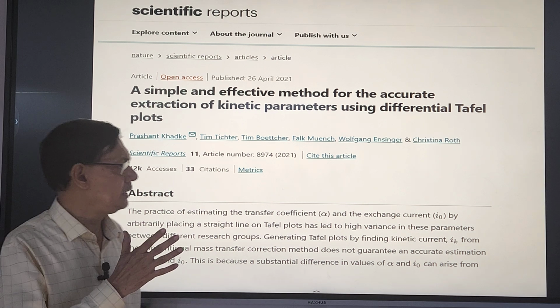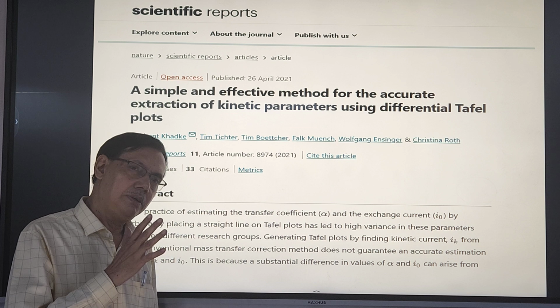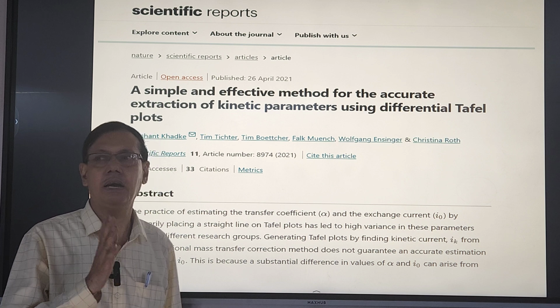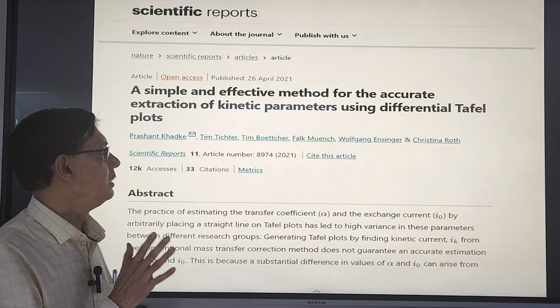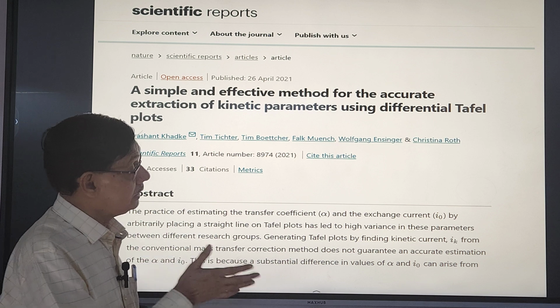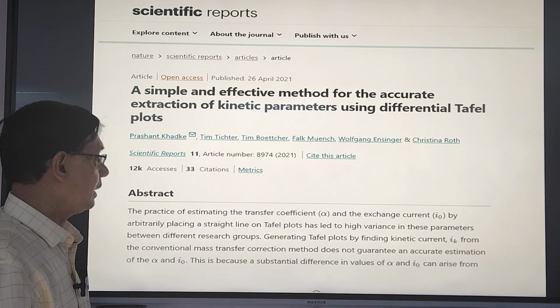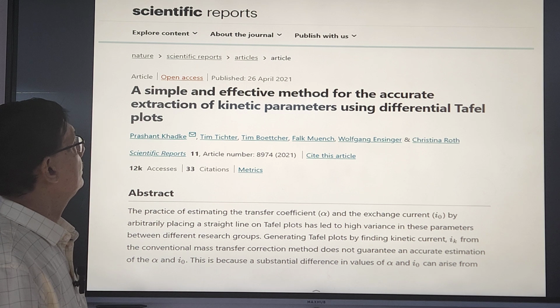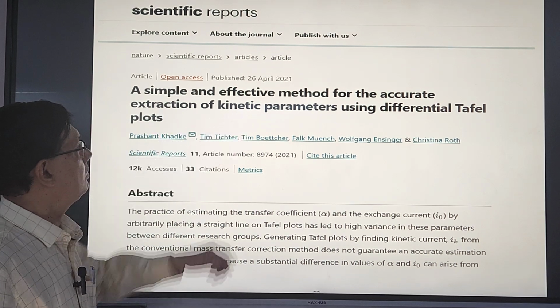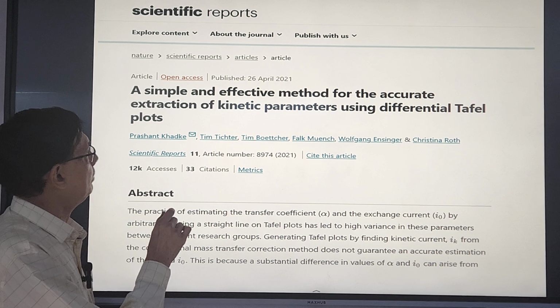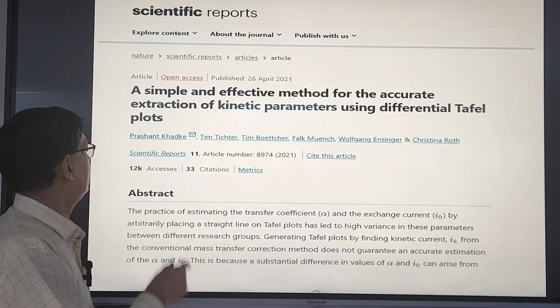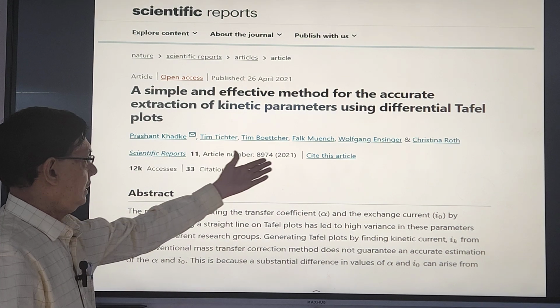Because sometimes what happens, the Tafel plot is considered as an empirical type of thing, but it is very important in corrosion studies and other things, and a large number of electrokinetics studies and other things. So, a simple and effective method for the accurate extraction of kinetic parameters using differential Tafel plots, published